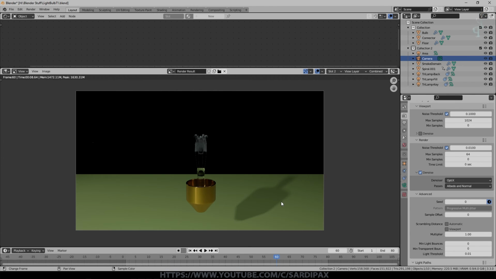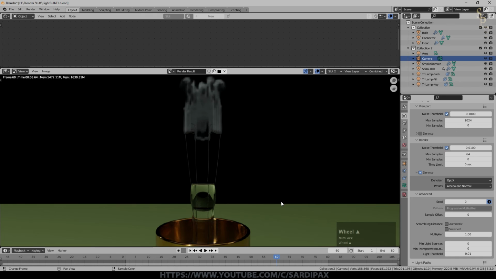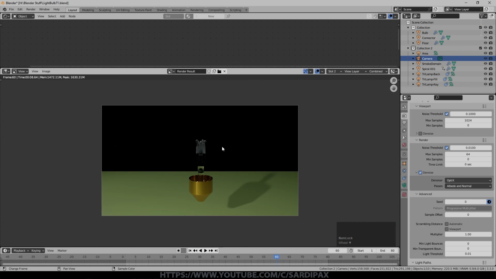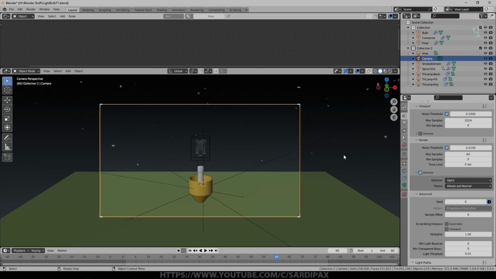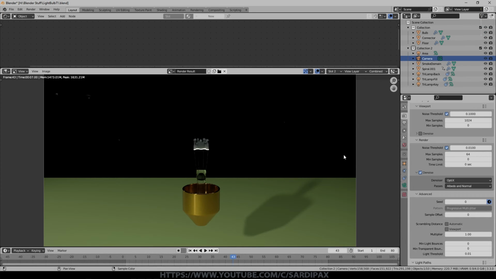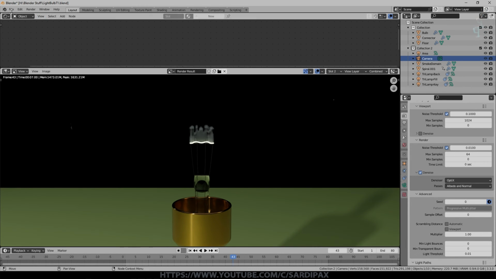So again, only doing 64 samples, and as you can see from a smoothness standpoint, that looks perfectly fine. I think part of the problem I had with noise was I was using vector blur, but we'll get into that in a minute. So there's slot 1 with no denoise, and there's slot 2. So even at 64 samples, that's pretty acceptable. So let's go back a few frames, give that a render. I'm making this one happen much quicker than I did in my other one, of course. And then we'll go to the compositor.